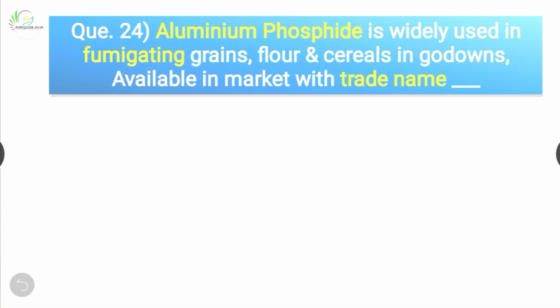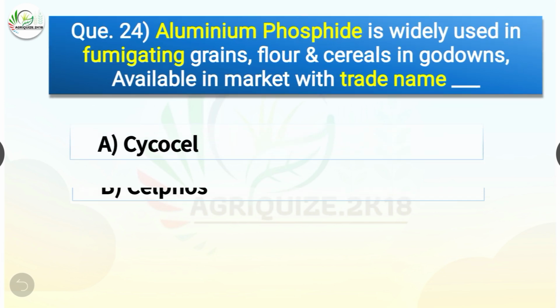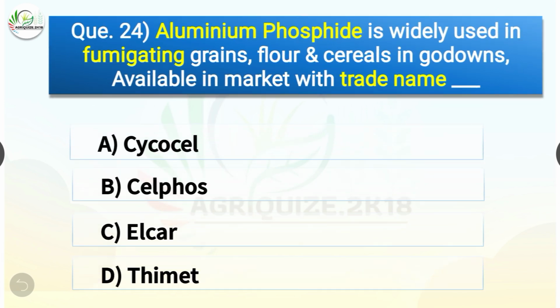Question number 24. Aluminium phosphide is widely used in fumigating grains, flour, and cereal in godowns. Available in market with trade name dash. The options are Psychosil, Selphos, Elcar, or Thimet. The correct answer is option B, Selphos. So aluminium phosphide is widely used in fumigating grains, flours and cereals in godowns, available in market with the